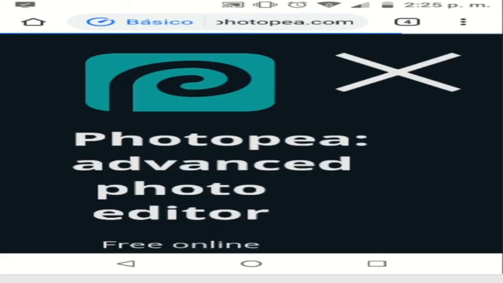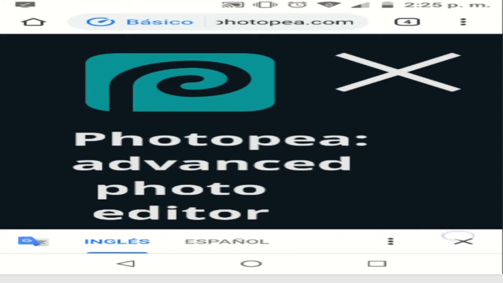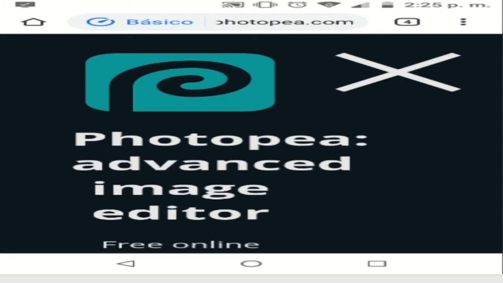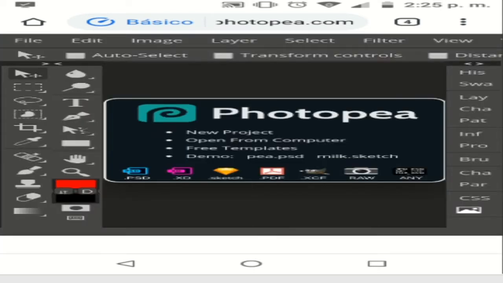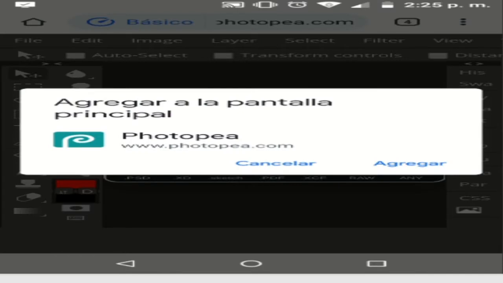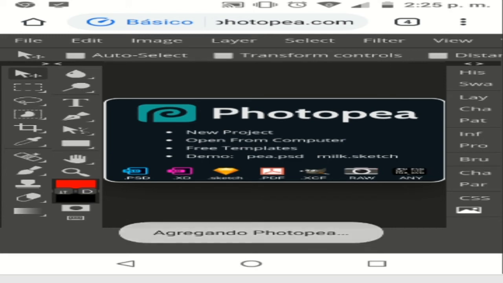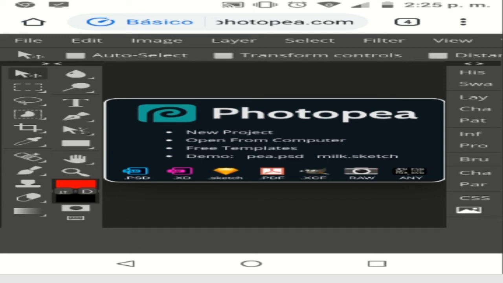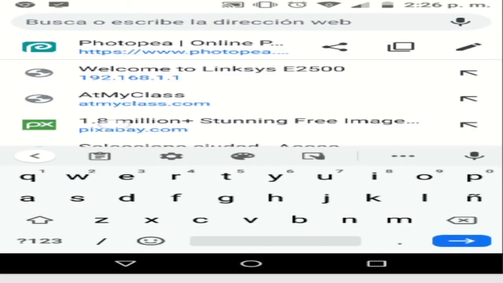Now over here you are going to see this big X, so I click there. You see, I press there. Now Chrome is going to tell me if I want to add Photopea to the main screen. So I click there and I say add. Now that I have added Photopea, I'm going to go to Pixabay